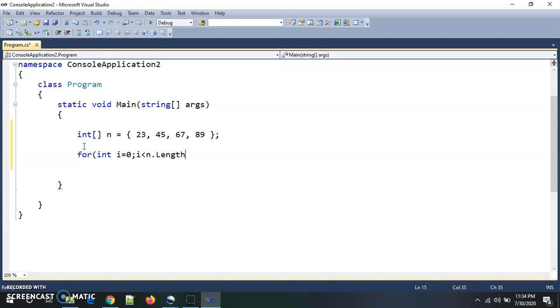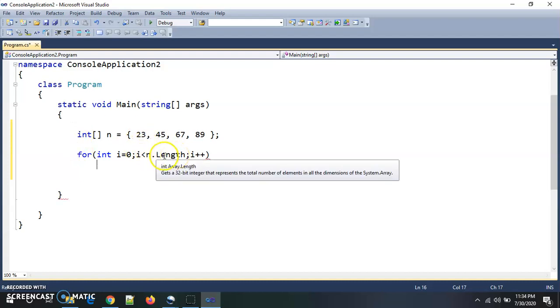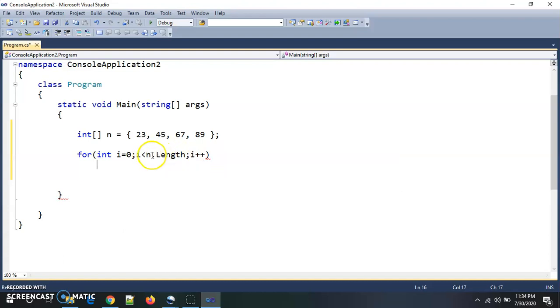It gives me the number of elements inside that particular array. So I am giving here less than n dot length because I don't want to go up to length, but length minus 1. So it goes up to length minus 1 and not up to length.